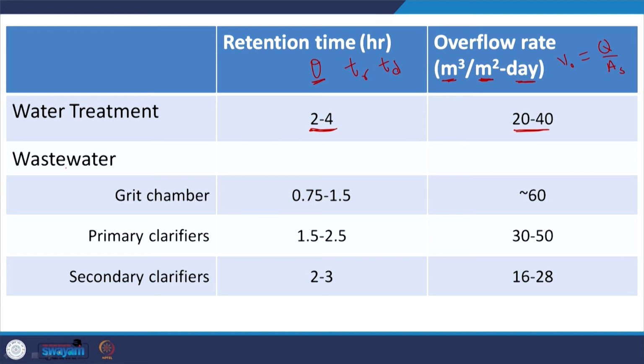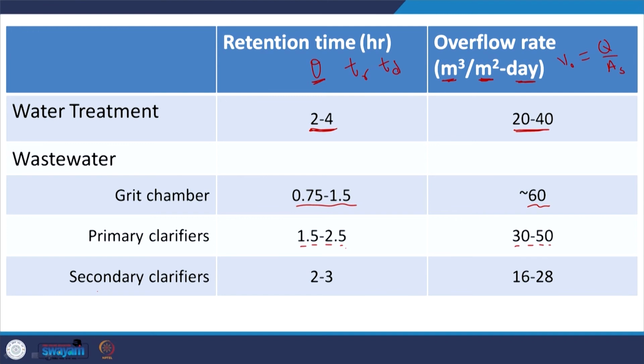And here in wastewater treatment, we have different sedimentation tanks. For grit chamber, when we are trying to remove only the bigger and inert particles, obviously retention time is less and surface overflow rate is higher. So obviously particles with lower settling velocities will not be able to settle down to the bottom. Primary clarifiers, we increase the retention time, and look at the concurrent decrease in the overflow rate,